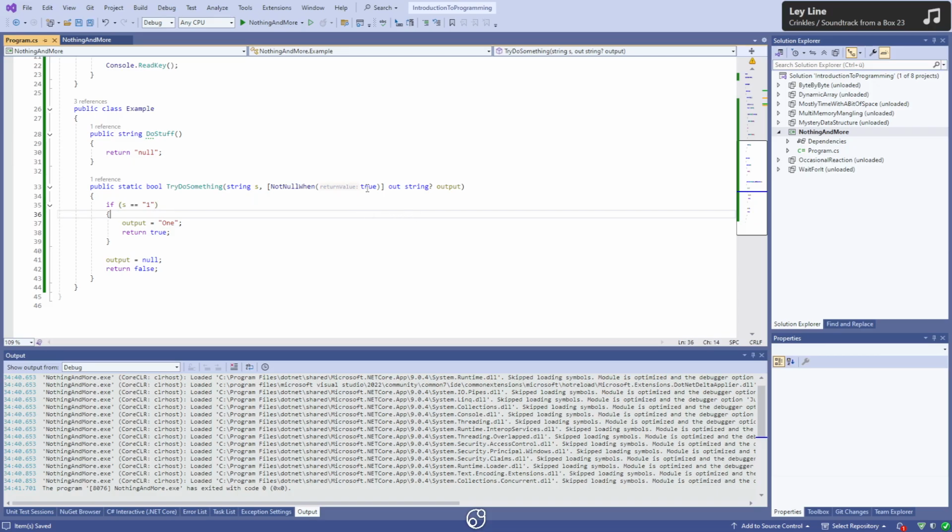But it's not exclusive to booleans. Return value can be other stuff as well. We could also do int, return 10, return 5,